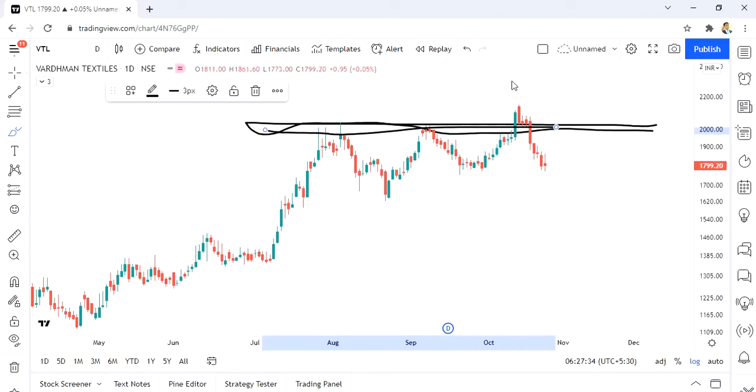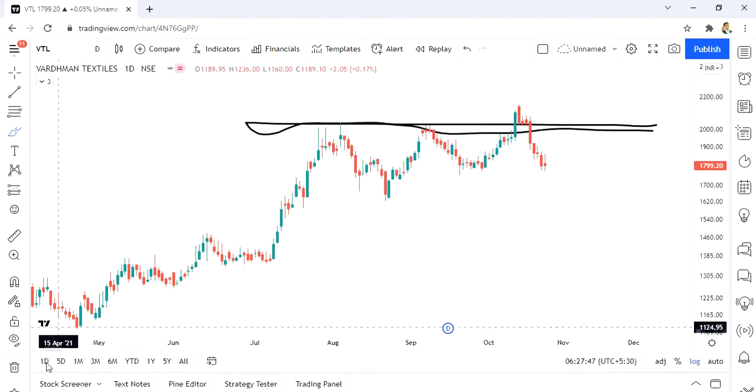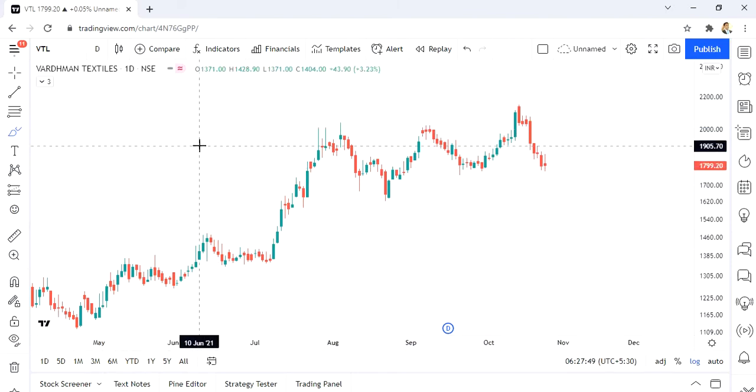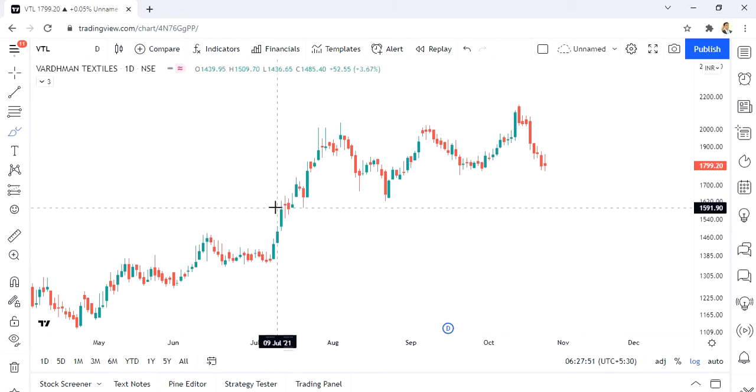So today I'm going to make it very simple for those trying to understand how to draw resistance and support lines. These are the zones where the price could face resistance, and also where the price could take support. So let's see how I can draw the resistance and support lines on this chart. Now first understand,